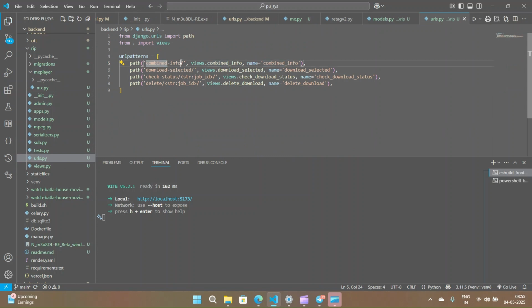Combined info will send, like when we'll paste the URL and send it, it will send a response of combined info about that particular movie title, like name, available qualities, and stuff. So let me show you the